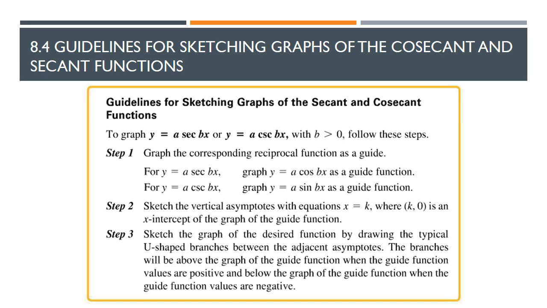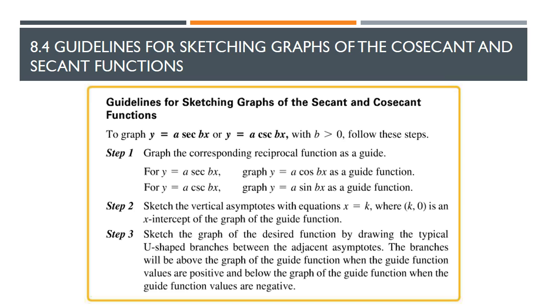Their suggestions are, step 1, graph the reciprocal function to use as a guide. So if you graph for a secant bx, if you graph the a cosine bx, that gives you a guide. You can plot the asymptotes from there, and you know that they're going to meet at the high and low points. Do the same for cosecant, you'll use sine. Sketch in the vertical asymptotes, and then put in the high and the low points, and then you can sketch the different